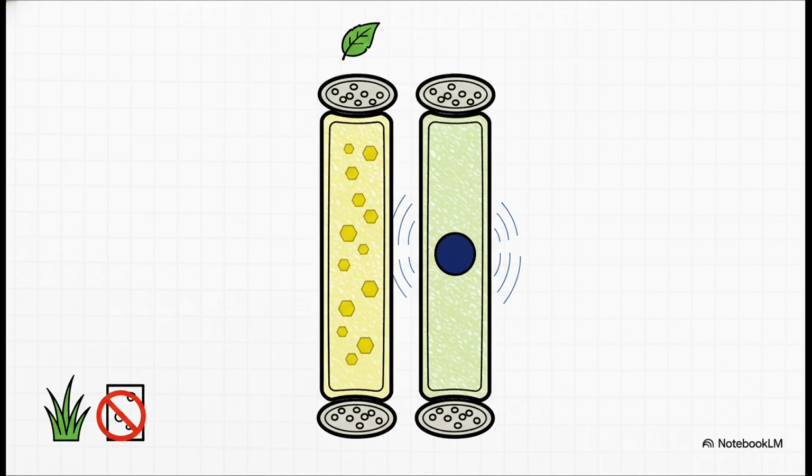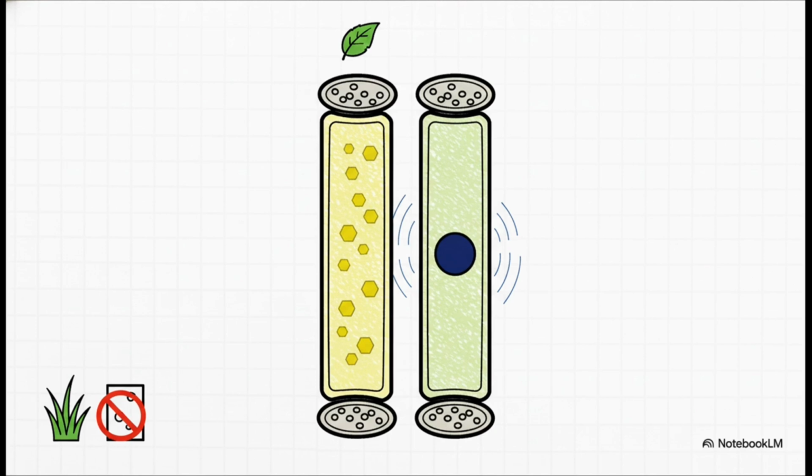See, the sieve tubes do the actual transporting, but when they mature, they lose their nucleus. So the companion cell right next door, with its big nucleus, has to run the show for both of them. They're basically a team. One can't function without the other. The other parts are phloem parenchyma for storage, and phloem fibers, you might know them as bast fibers from things